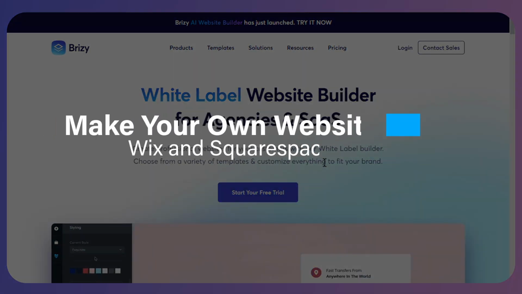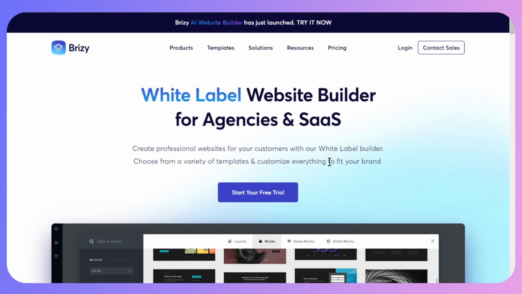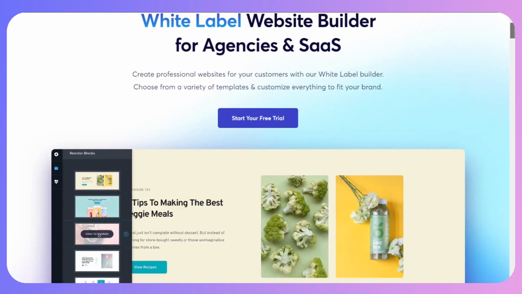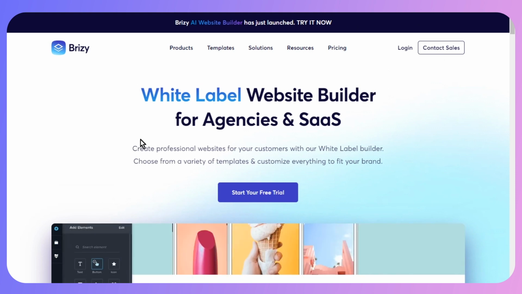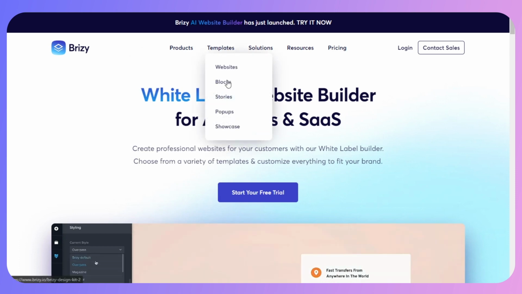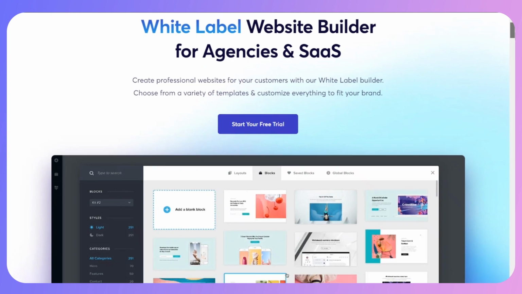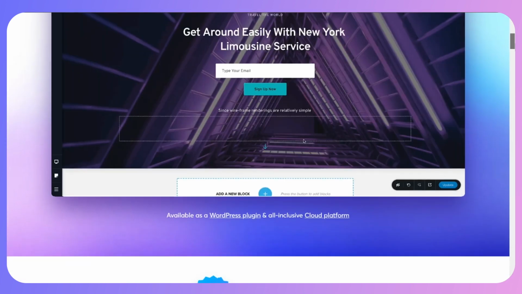How to make your own website builder just like Wix and Squarespace to earn recurring income. Now, Breezy Cloud is a useful tool to create your own website builder. Breezy Cloud offers a white label solution for easy website design with a drag and drop builder and various